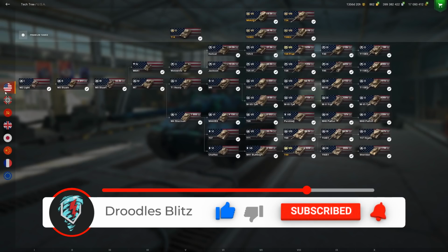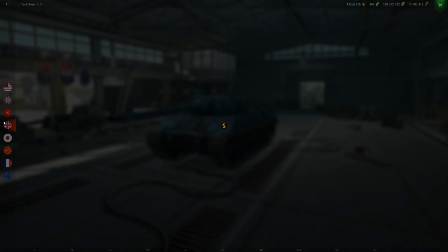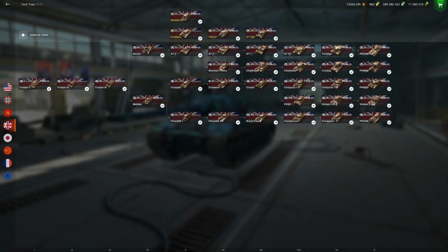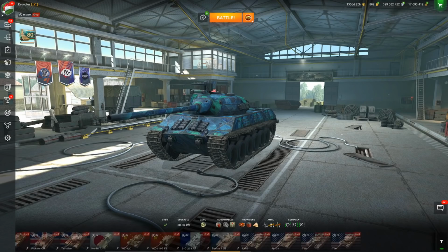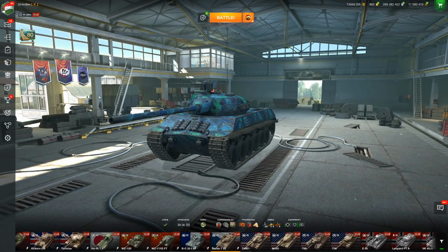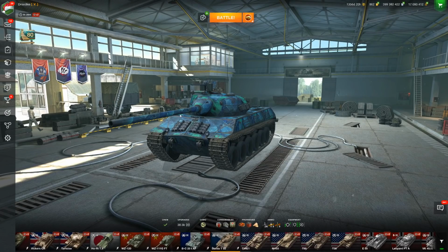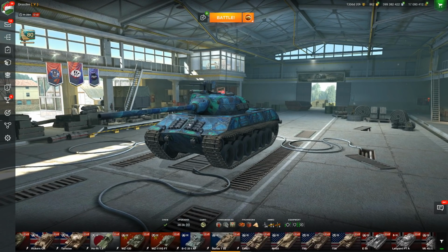Then you make your way over to the Americans. You've got the M6 Yo. You've got the T57 Heavy. It just goes on and on and on. Even Britain now has the FV 4005. So, yeah, autoloaders are everywhere. And it's very hard to see which ones are so good because, in my opinion, all of the autoloaders are incredible. But we're going to be talking about one incredibly strong one, which would be the Tier 9 Czechoslovakian Skoda